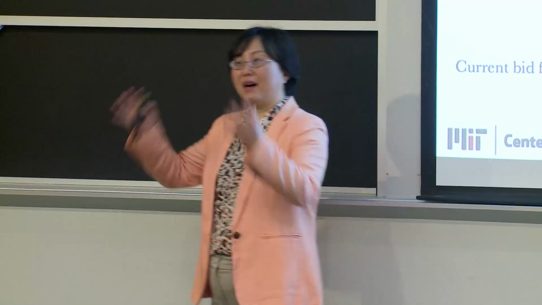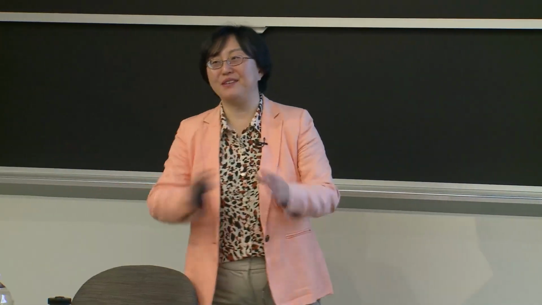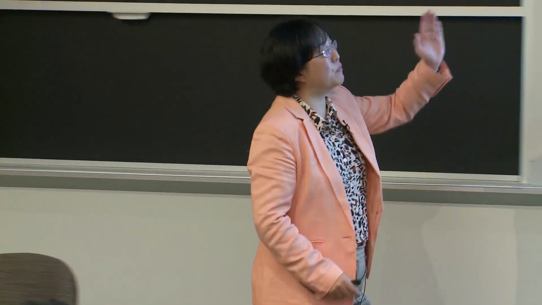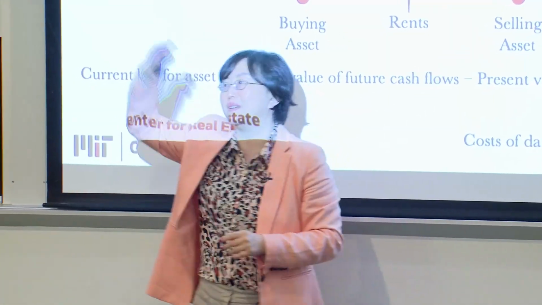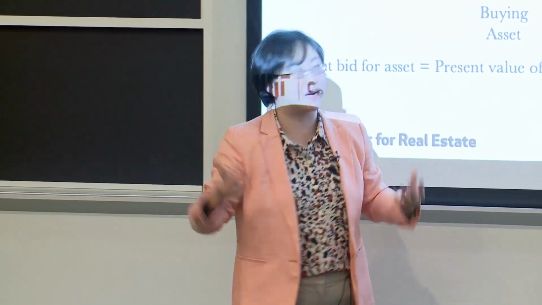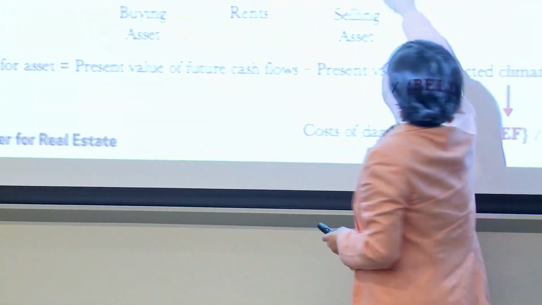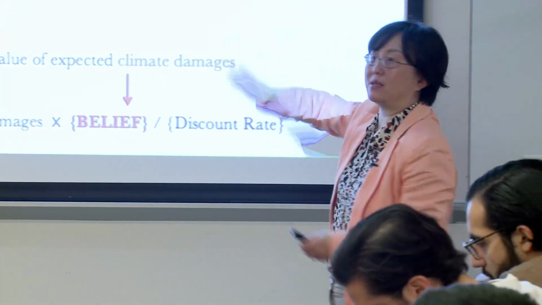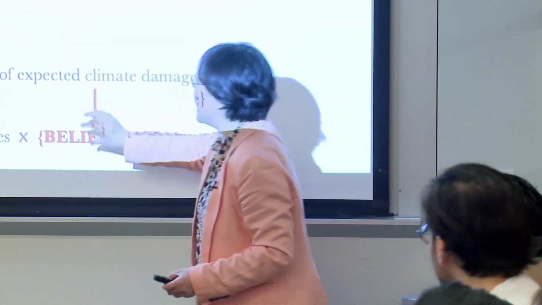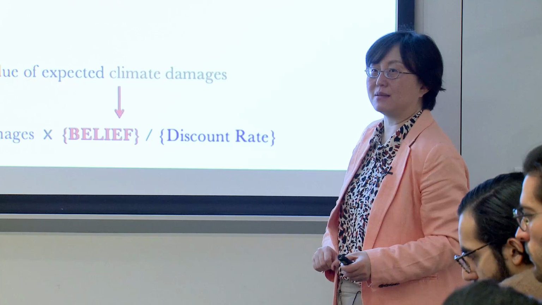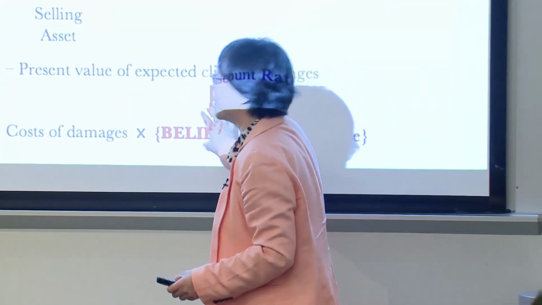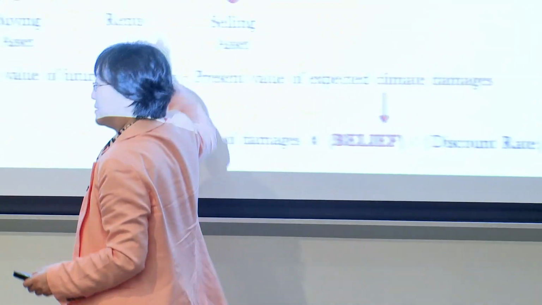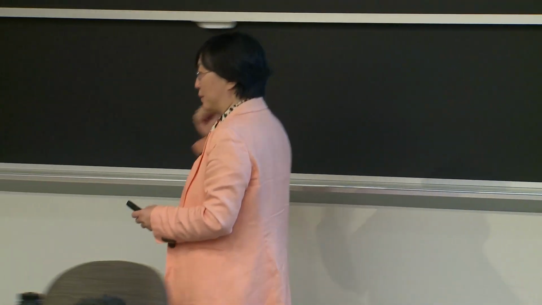Scientists are saying so, but not all people will believe it, right? It's a climate belief. So when you buy the asset and think about the future, you are thinking whether later you can sell it to the second buyer, the later one who will buy this from you, right? So in this market, who knows? Even if the scientists publish all these reports, maybe half of the buyers believe it and the other half don't. And this will definitely influence future buyers, the market participants. Which means we cannot just look at these numbers. We must look at the belief.